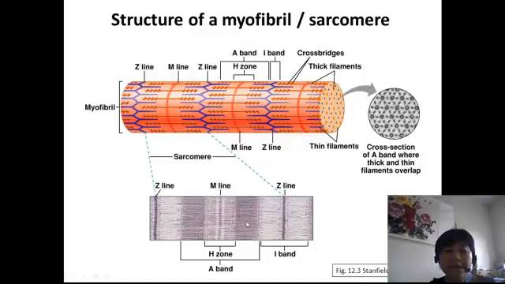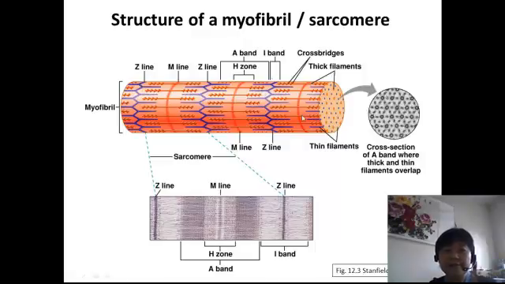That is the length of the myosin. And then the light band is called the I band. The I band is the gap between the myosin. So here we have the thick filament, which is myosin, and between the thick filaments is the gap,